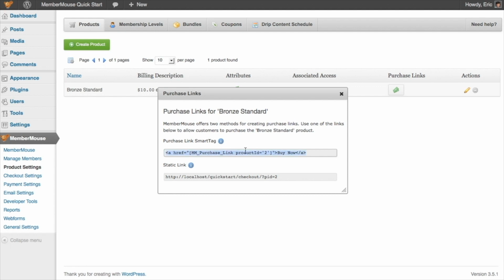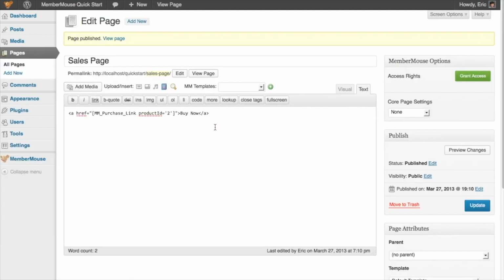So I can just click on this and copy it, go back to our page, and paste that in. So that's just another way that you can create purchase links. Now I'll also take this opportunity to point out that MemberMouse has some built-in Web 2.0 button styles that you can take advantage of. For example, all I would need to do is type in class